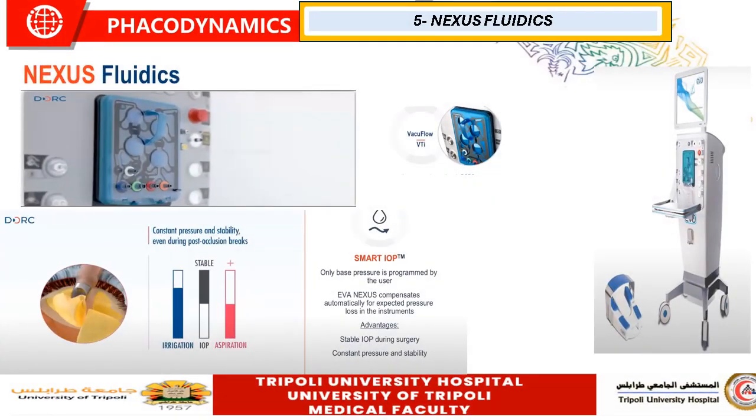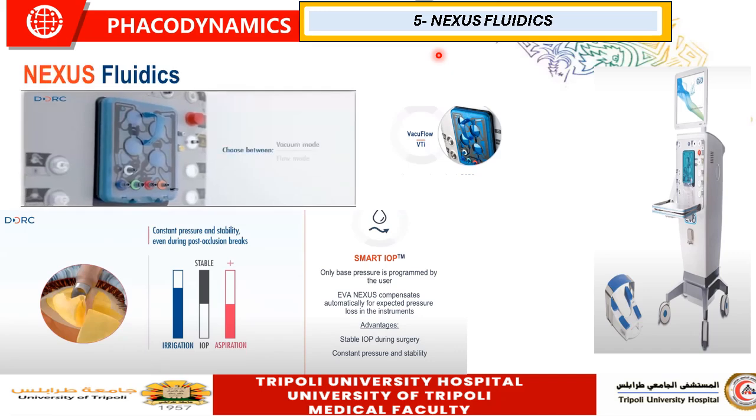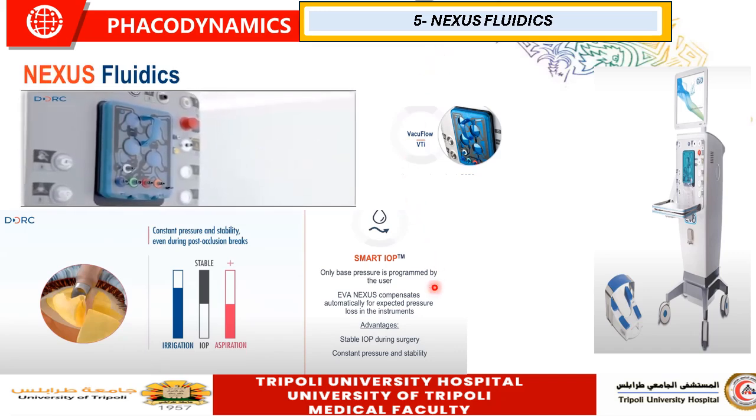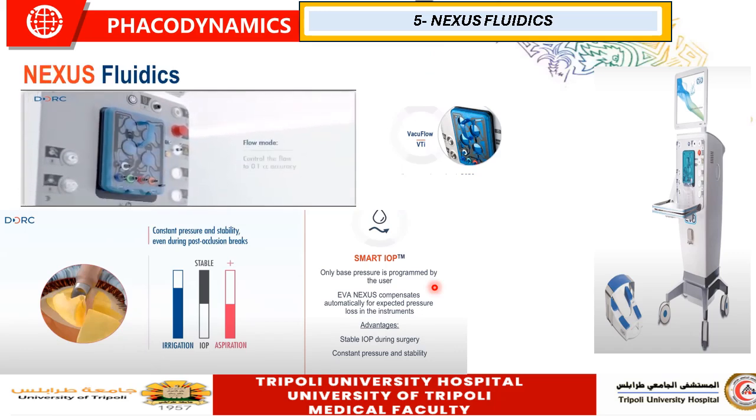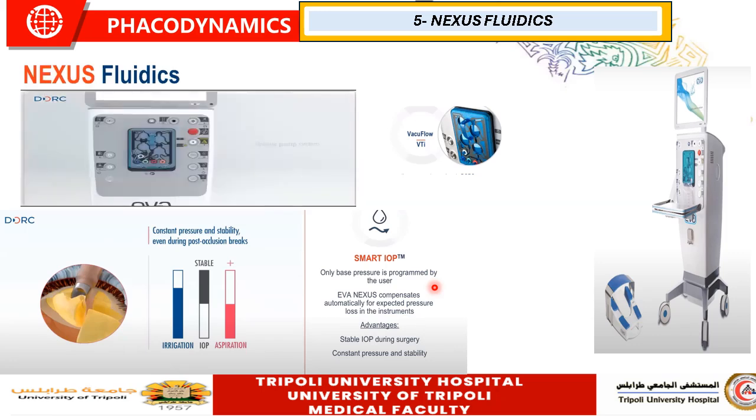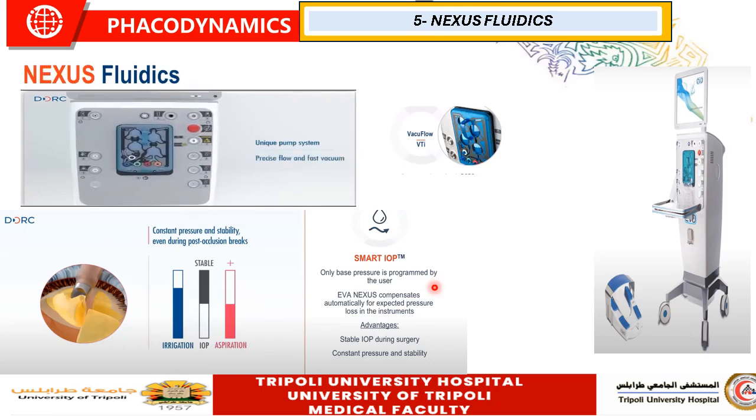Another recent innovation in pumped irrigation is known as the Nexus Fluidics, invented by Door company. It is a pump system in which both Venturi and peristaltic pumps work simultaneously, and the machine automatically shifts between the peristaltic and Venturi pump based on the preset value of the vacuum and the speed of the aspiration flow rate. This is particularly useful in both anterior segment and posterior segment surgery, in which